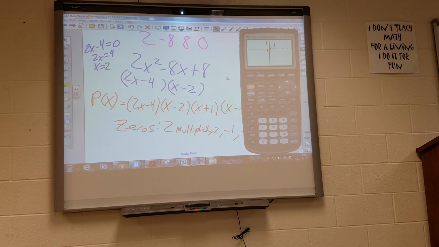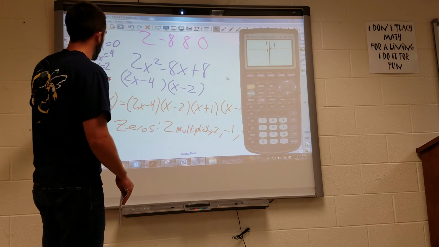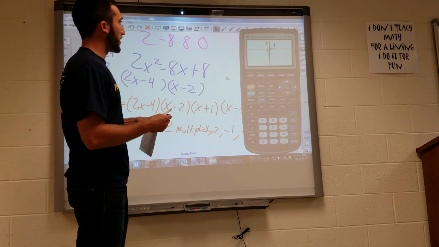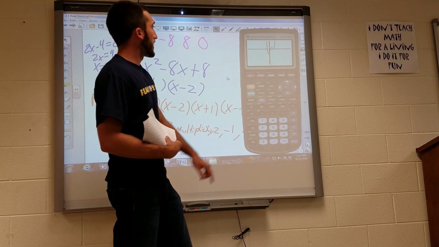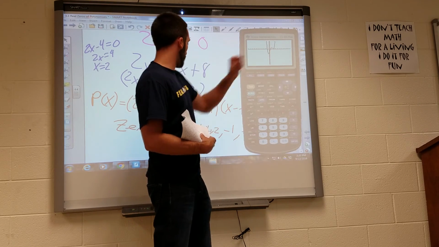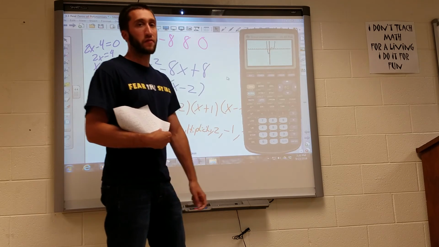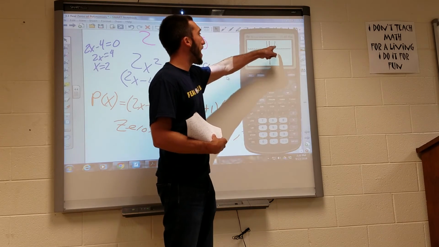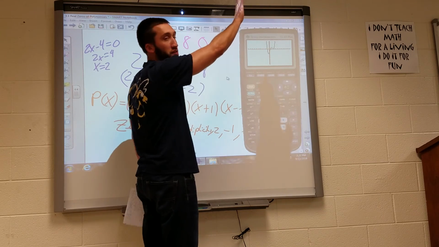Okay, so here we can see on our graph, we get the y-intercept of -4. Okay, so it's going to cross at -4. It has a 0 at -1. It has a 0 at +1/2. And then at +2, you can see how it comes down and just touches the x-axis, doesn't cross it, and